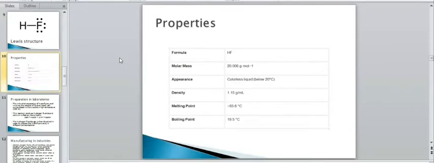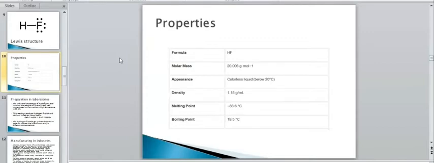As I said before, its formula is given as HF. Its molar mass is 20.006 grams per mole. It is a colorless liquid below 20 degrees Celsius. Now, density, melting point, and boiling point depend upon the concentration, how concentrated the solution is, but